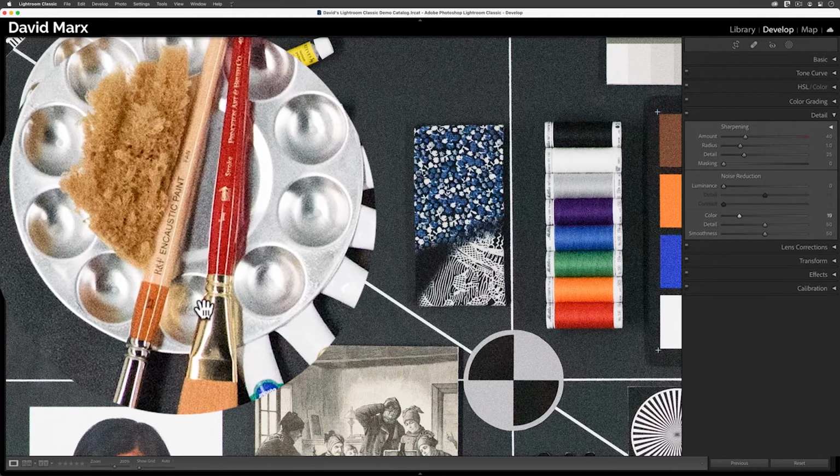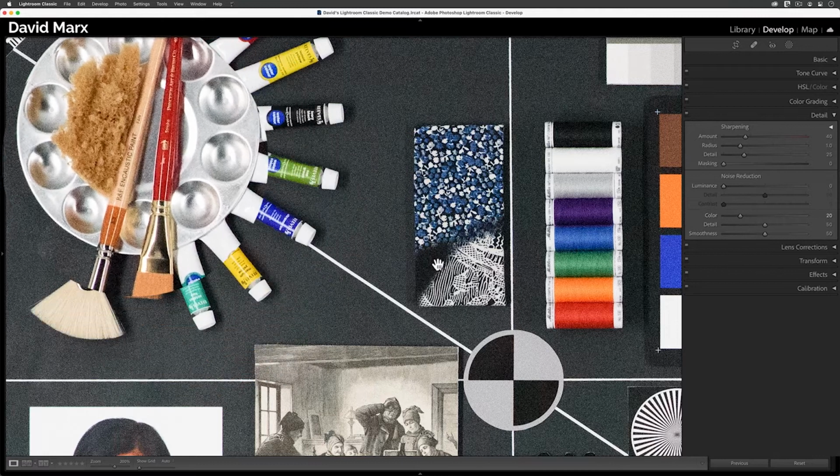Watch this area of the paint brushes as I move this one further up. Since I don't want to lose any color in those areas, I'm going to set this slider back down to the minimum amount that we needed to hide most of the colored noise. On most images, a small adjustment to this slider is all that you're usually going to need. On certain images, though, messing with the other two sliders in this section of the panel can be helpful.